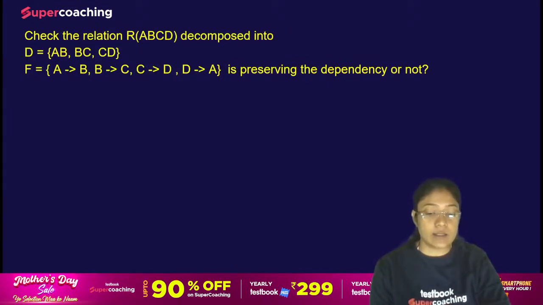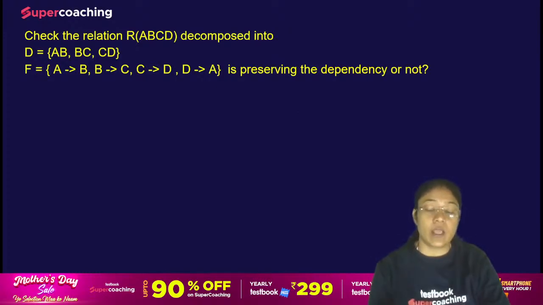मैंने दोनों methods discuss कर दिए आपके साथ. तो जो भी फंक्शनल डिपेंडेंसीज ऑब्वियसली डायरेक्टली मैप हो रही हैं उनको तो डायरेक्टली करवा दो. We need not waste our time. और जो डिपेंडेंसीज डायरेक्टली प्रिजर्व नहीं हो रही हैं उनके लिए आप नॉन ट्रिवियल फंक्शनल डिपेंडेंसीज फाइंड आउट करके चेक